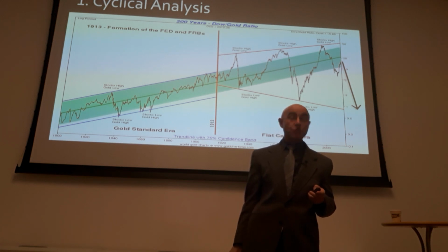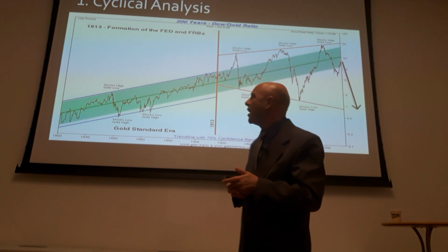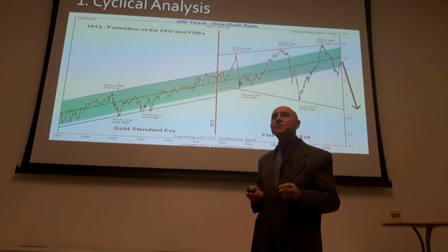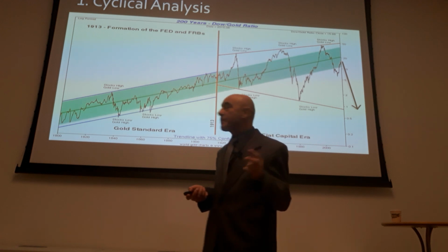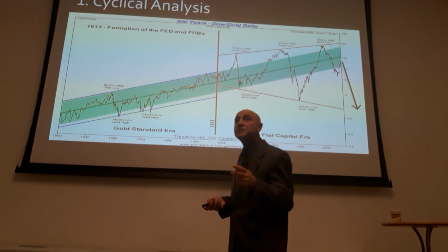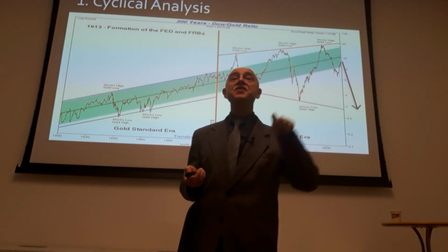Almost the same. Two graphs are almost the same, right? Yeah, but there is a huge difference in 1980. So if I invested 100 in 1913 in Dow index and 100 in gold in 1913, where would I be then in 1980? That depends on where you take it. When you take it at